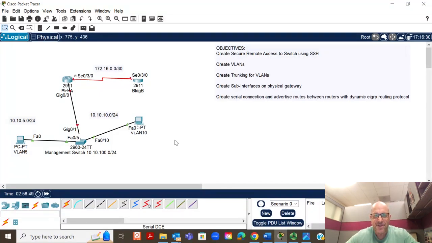And so the objectives for this lab is we're going to create a secure remote access to the switch using Secure Shell, or SSH. By default, Telnet is another remote method, and the problem with Telnet for remote access is everything you type is in clear text. So when you try to log into a switch remotely with Telnet, you key in a password, and your entire session, the commands that you perform remotely, are recorded in clear text. And so we're going to use Secure Shell,